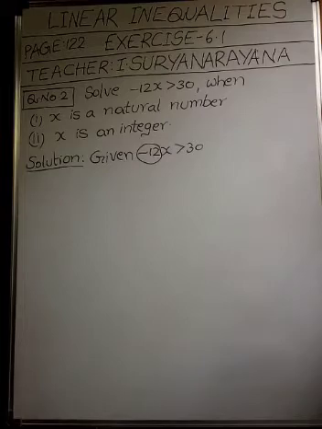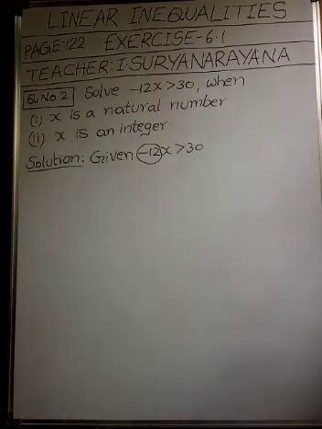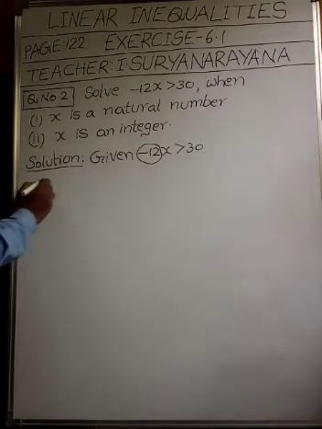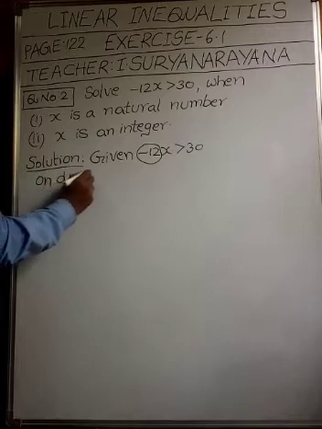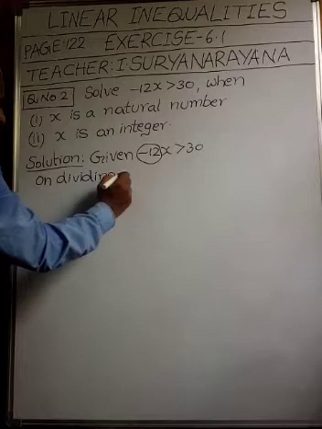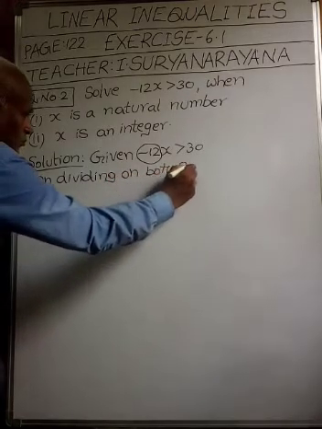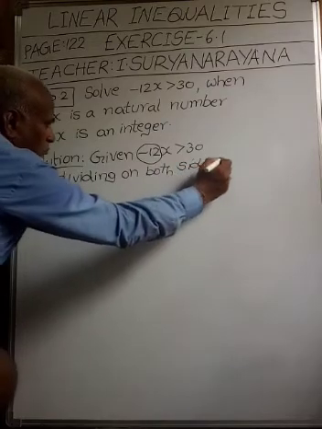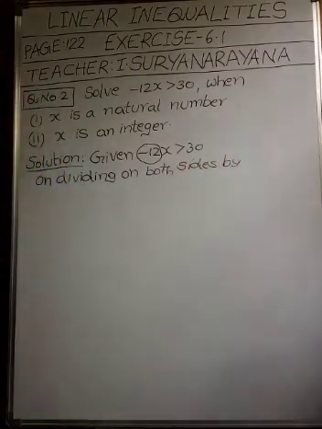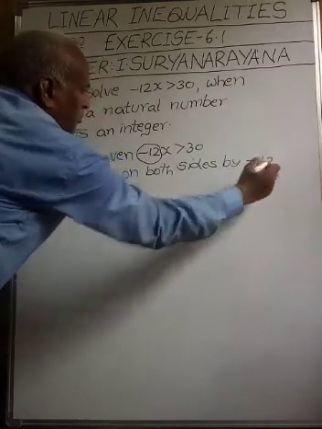Otherwise, we have to divide this inequality by -12 on both sides. So, dividing both sides by -12, we get